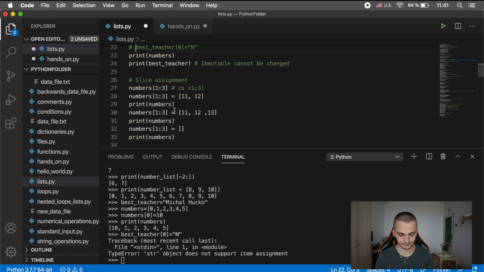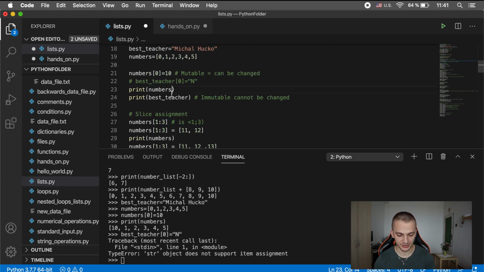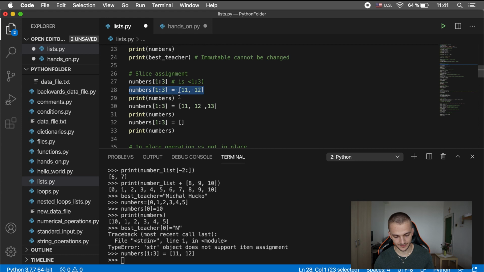Slice assignment. I was talking about this, so I will skip it right now. If you are using slice indexing, it will start with the closed interval and finish with the open interval. You can also change these positions. For example, I want to adjust in numbers these two. I want to adjust the second element and the third element in this case and rewrite them to 12 and 13, right? So if I run the numbers,